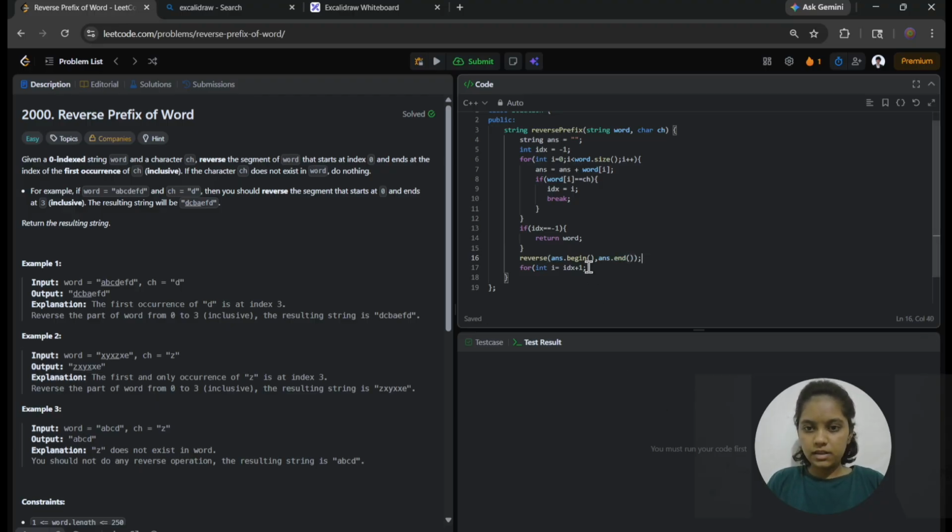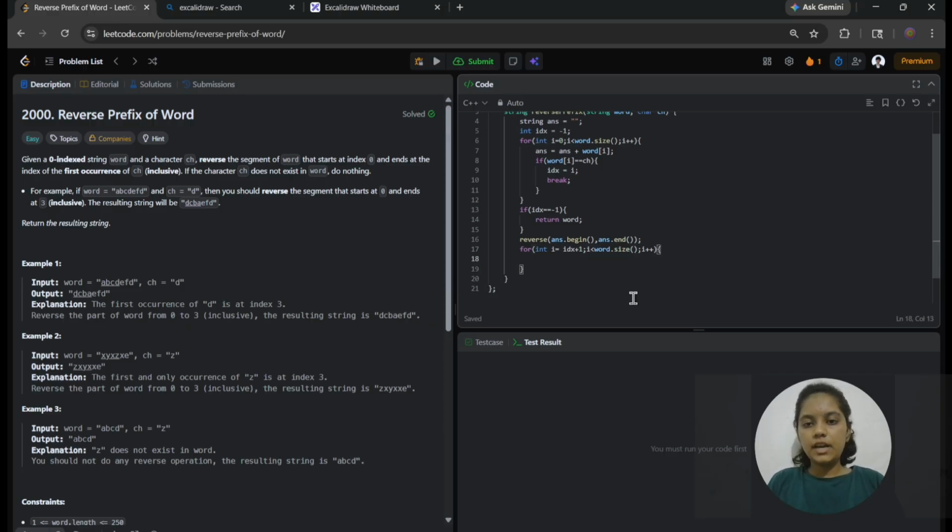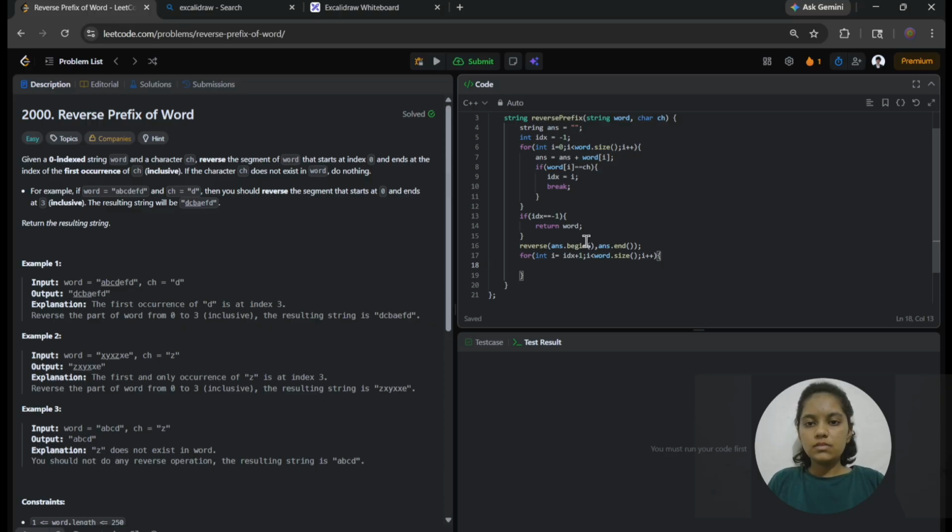After that, I am running the for loop from index +1 until word dot size and incrementing I. So here I am taking index +1 because I am stopping at the index where I am getting the character.